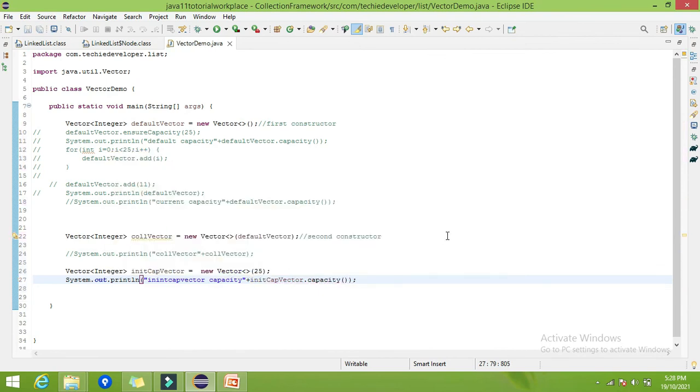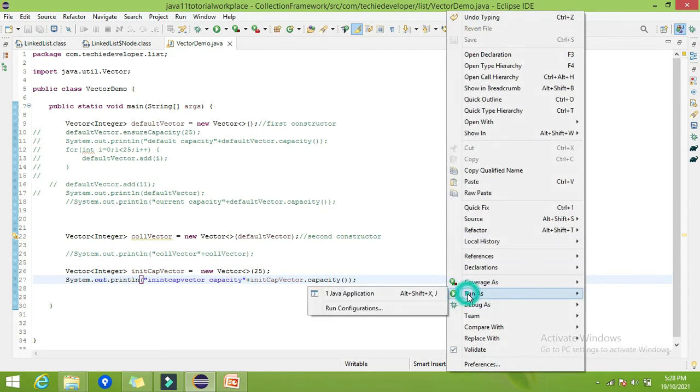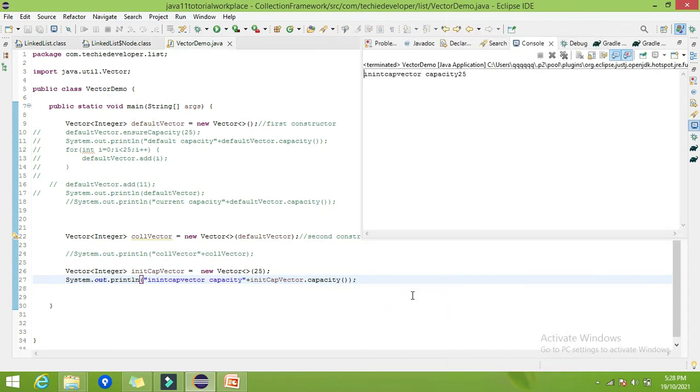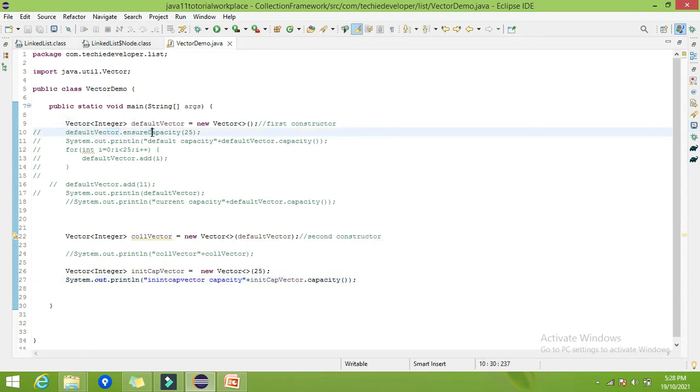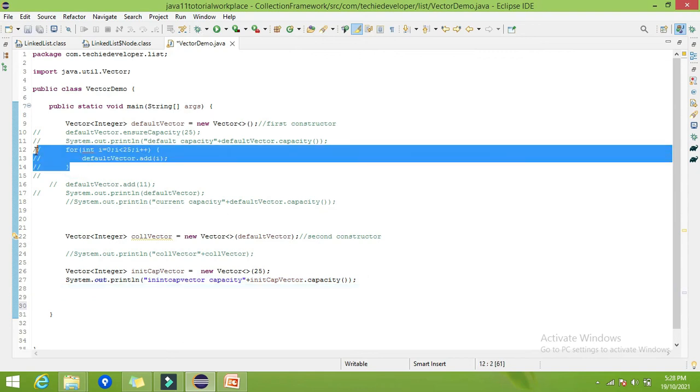Now here you can find the capacity will be whatever we have given as the input parameter. That is the same thing we achieved by using ensureCapacity. But I will show you another version of this. Let me try to add up to 25 elements.